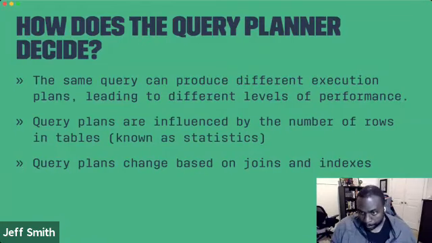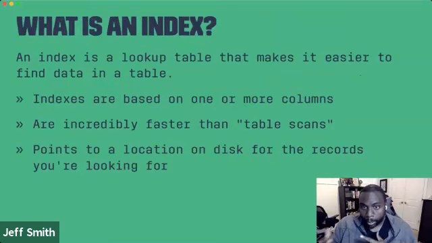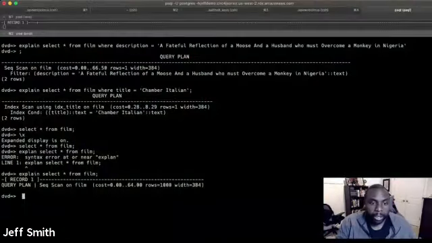So just a quick refresher in case you haven't worked with them. What is an index? An index is basically a lookup table that makes it easier to find data in a table. So you can index a particular column in your database to identify, hey, this is a field that I constantly query by. Let's take a look, if I go back to terminal, let's take a look at